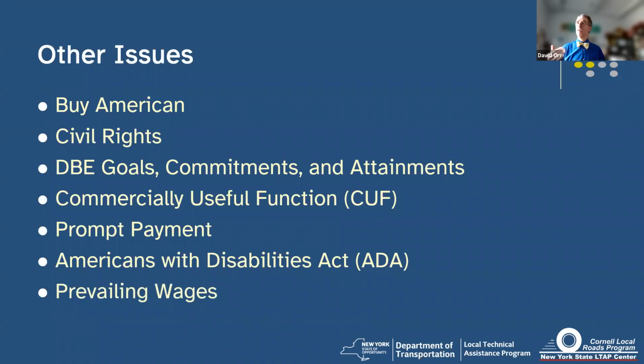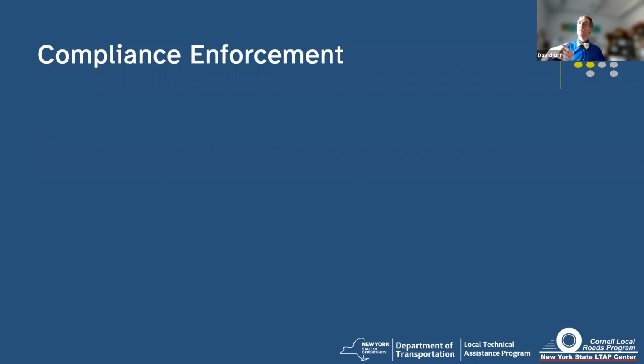Prevailing wage issues come into play, Davis-Bacon, all that fun stuff. Again, this is just a partial list. These are all outlined in the local projects manual. What it really comes back to is at the end of this, the one thing we never want to see